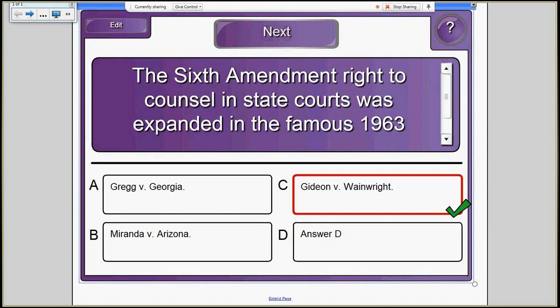Gideon is arrested for a misdemeanor breaking and entering. Florida at that time did not provide attorneys for misdemeanors. Gideon has 2 convictions already against him, so with the 3rd conviction, he faces state time in the pen. He's convicted and gets sent to the Florida Penitentiary. In prison, Gideon handwrites to the Supreme Court asking the court to look at his case. They do. The Supreme Court decides that the defendant should be given an attorney.